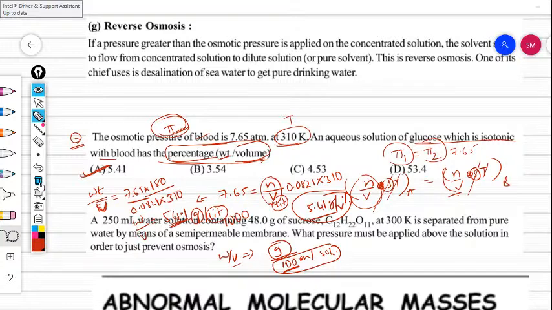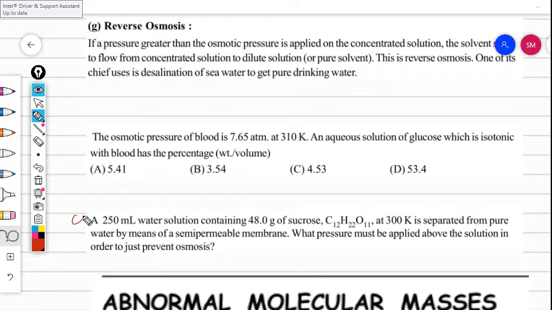Okay, so here we have one more question. 250 ml of water solution containing 48 grams of sucrose at 300, separated from pure water by the semi-permeable membrane. What is the pressure that must be applied above the solution in order to just prevent the osmosis? The amount of pressure that can prevent the osmosis is osmotic pressure. This is what pi is. He is asking pi, and given that